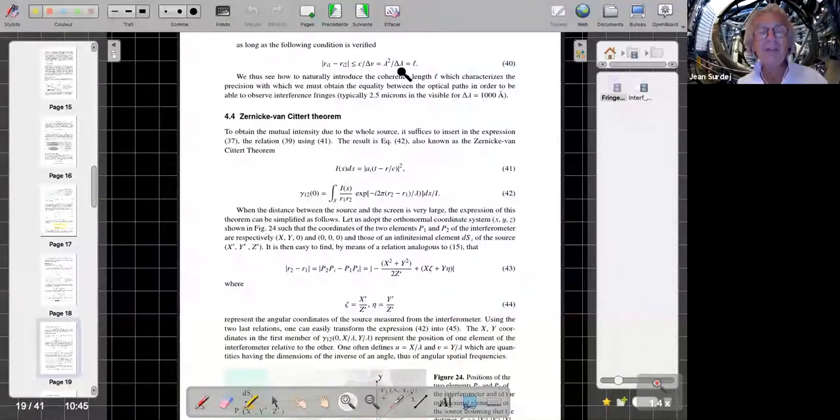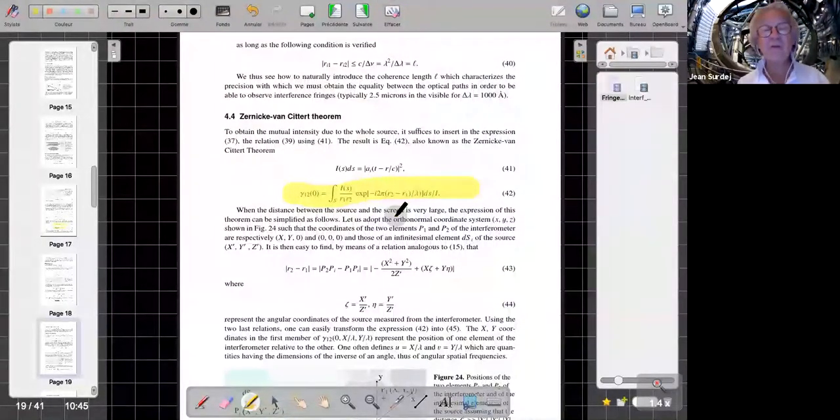So if this is satisfied, you get what is known as the Van Cittert-Zernike theorem: the complex degree of mutual coherence is equal to a double integration of the distribution of the intensity over the source, divided by the square of the distance between the source and the screen, and then you have this complex exponential function which comes into play. Now,